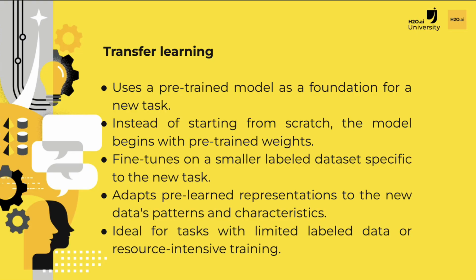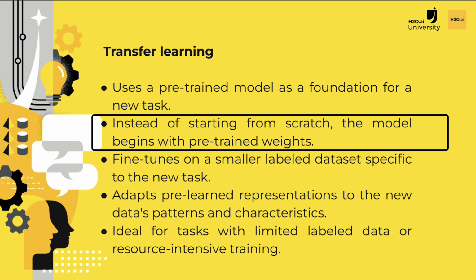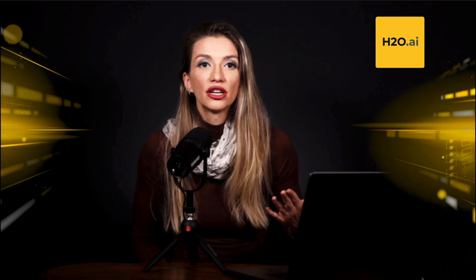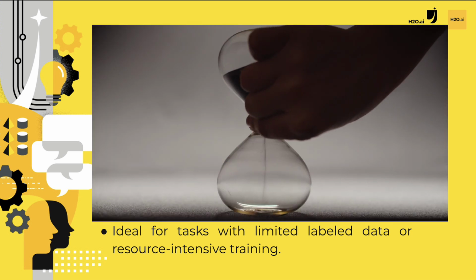Transfer learning involves utilizing a pre-trained model trained on a large dataset as a starting point for new tasks. Instead of training the model from scratch on the new task, transfer learning initializes it with the pre-trained weights and fine-tunes it on a smaller labeled dataset specific to the new task. This way, the model adapts its pre-learned representations to the specific patterns and characteristics of the new data. Transfer learning proves particularly advantageous when the new task lacks labeled data or requires substantial time and resources to train